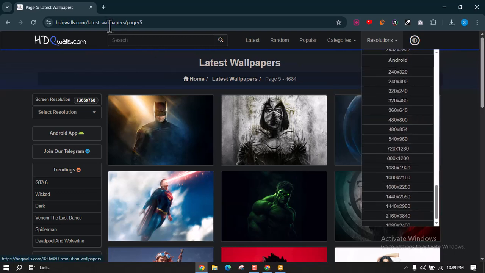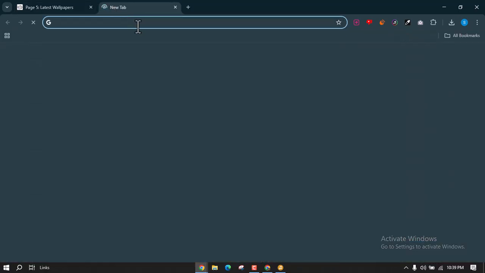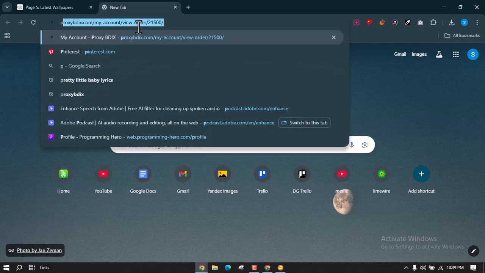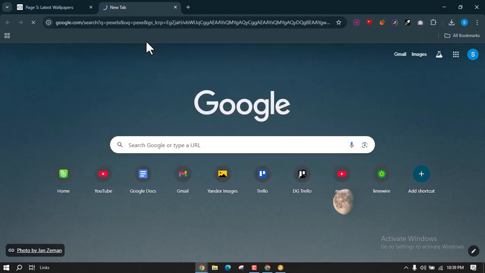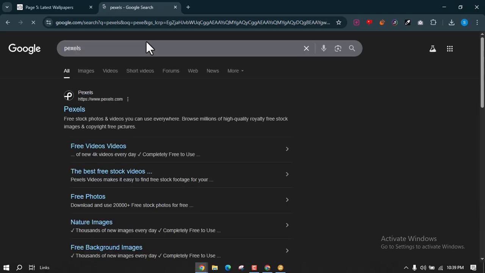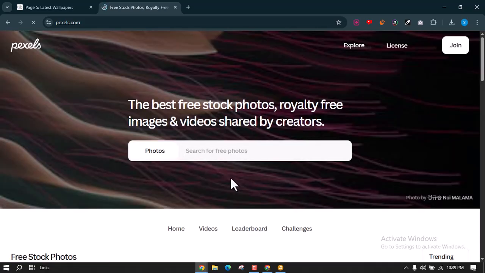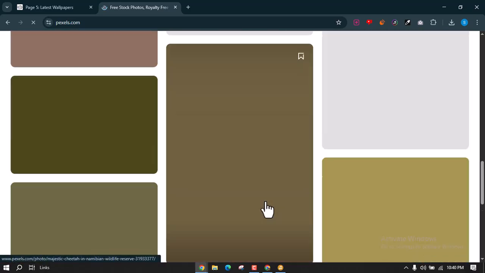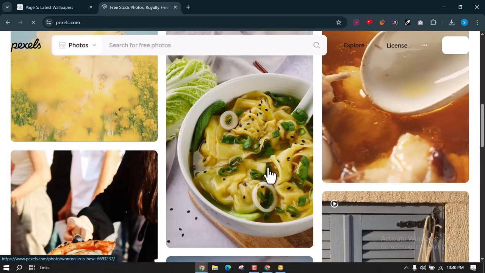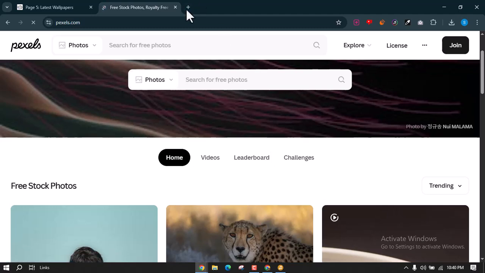Everything is in here. And the second website I'm going to show you is Pexels. So go to Pexels, and here go to this website, pexels.com. Here there are so many stock photos you can use for your wallpaper. So this is the second one, and the third one is